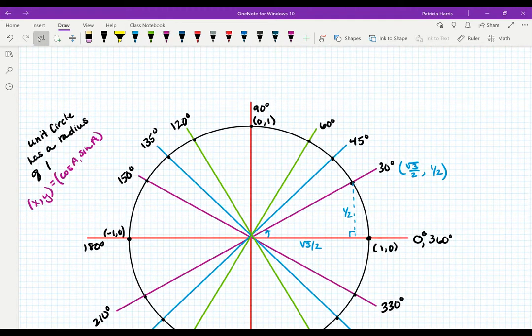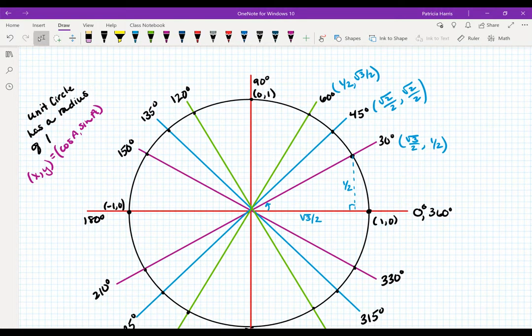Okay, so my 60-degree angle would be 1/2, radical 3/2. And using the same idea of cosine of A and sine of A, 45 would have a point value of radical 2/2 and radical 2/2. Now, what I want you to notice, looking at your unit circle, is that we just have mirror images in each